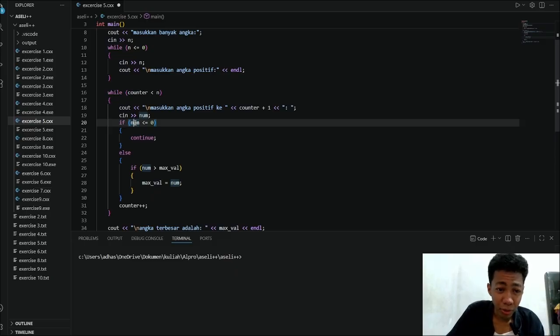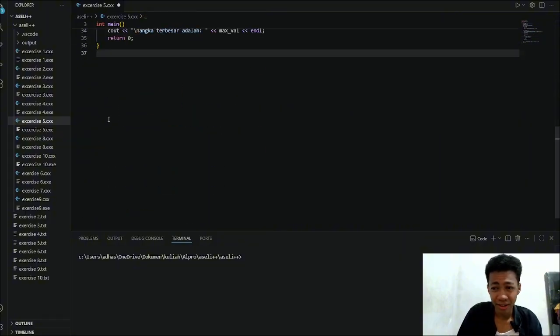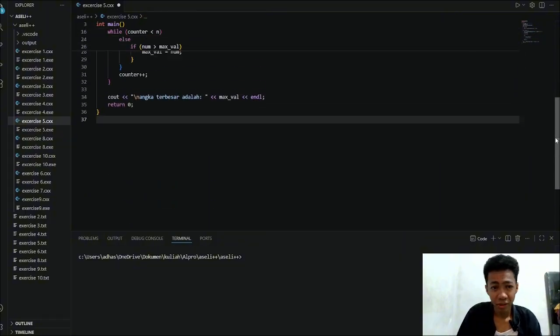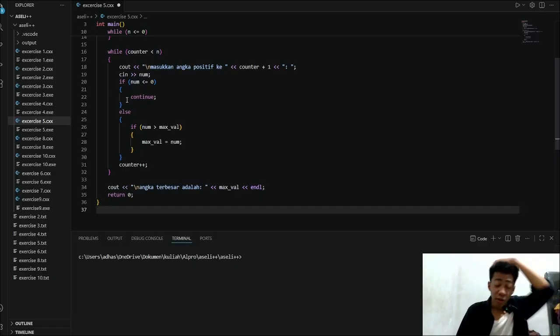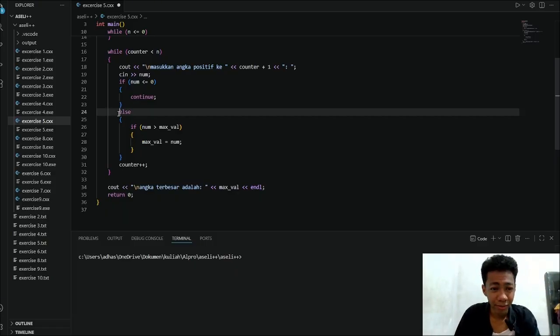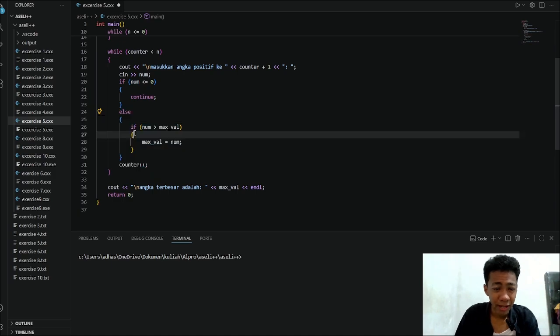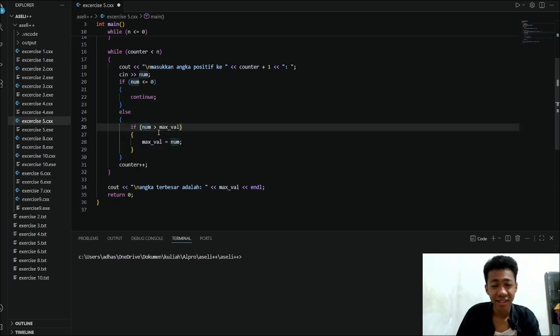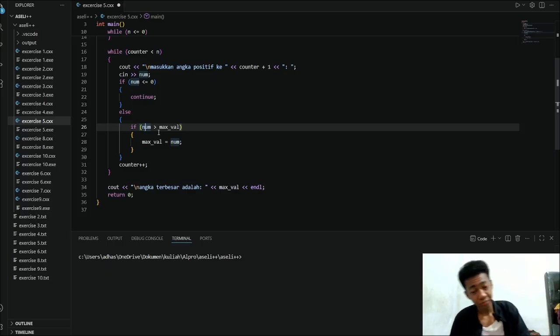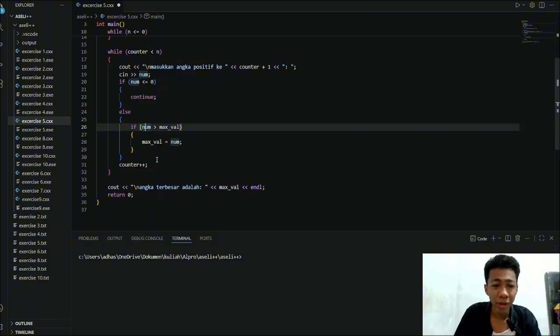and unless you enter a positive value, it will just skip that block. And if you enter a positive value, it will run this statement, which is if number is more than max value, which is the initialized max value of 0, the max value will be assigned with the num.